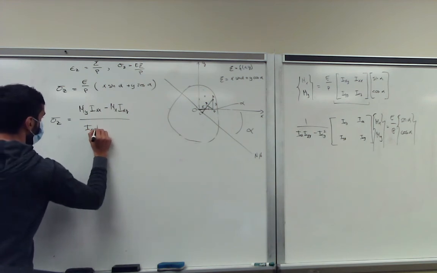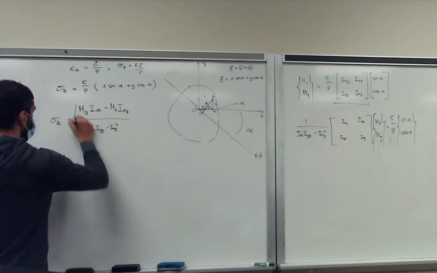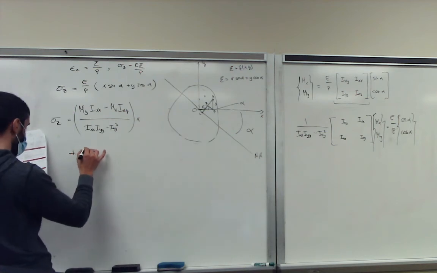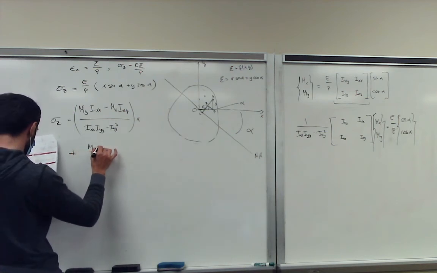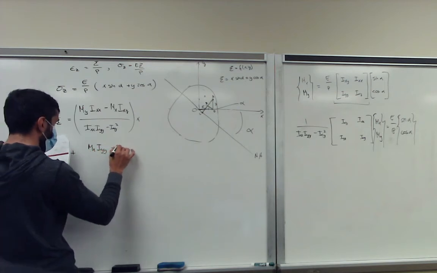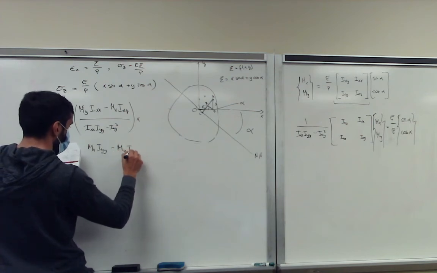Let me finish this though. Ixy squared is multiplied by x plus Mx over y minus My Ixy